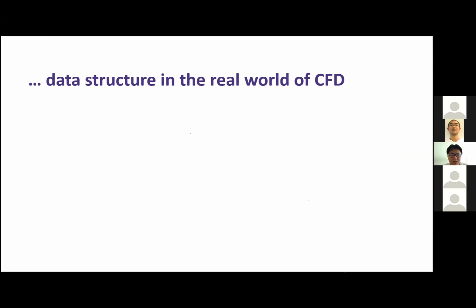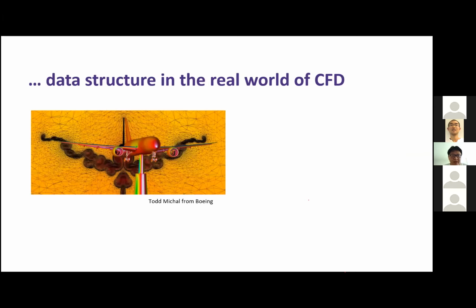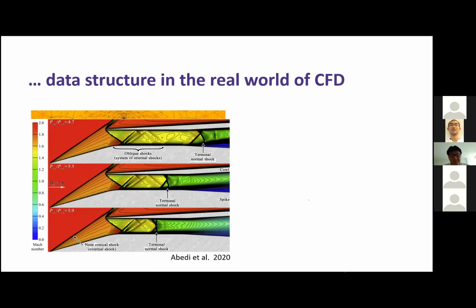let's look at the data structure in the real world of CFD. It's going to be really complicated. For example, you can have adaptive mesh for aircraft where those eddies are chased by those meshes, and you're going to have some sort of parametric variation of the meshes. For example, if you are doing some sort of surrogate modeling and your design variable is the pressure ratio, as you can see, when you're changing the pressure ratios, the physics is going to change. And for this problem here, the shock physics change a little bit and the shock location is changing.